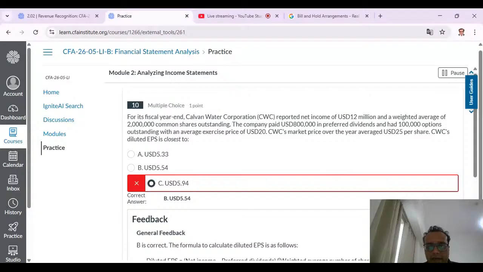The company paid 800,000 in preference dividend and had, इतना मेरा preference shares तो जाने ही वाला है तो ये पैसा ऊपर से माइनस हो जाएगा, and had 1,000 options outstanding with an average exercise price. तो मैं assume करूंगा कि exercise price पे वो लोग दे देंगे. It means I will receive around 2 million in cash. And this 2 million, if I have to buy back my shares applying this amount of 25, that is going to give me